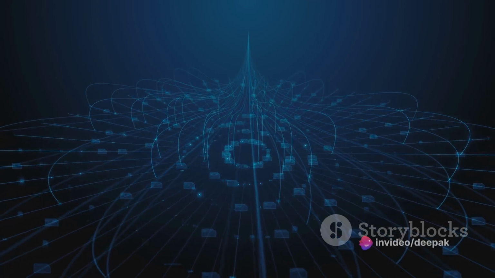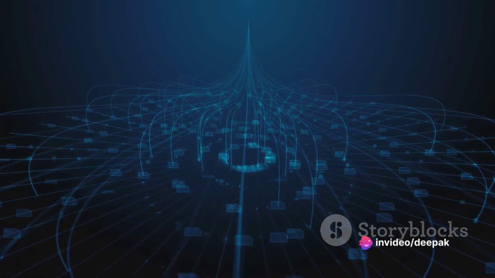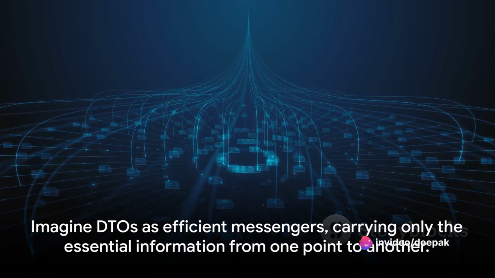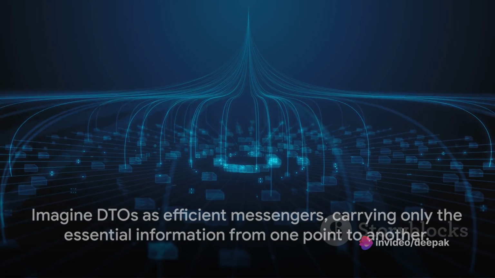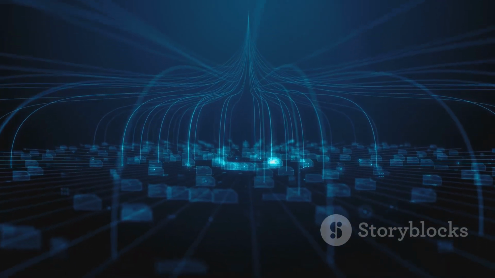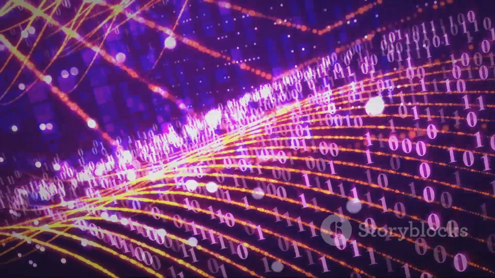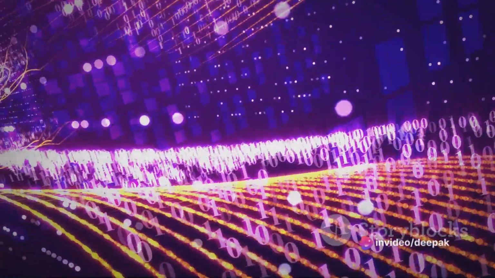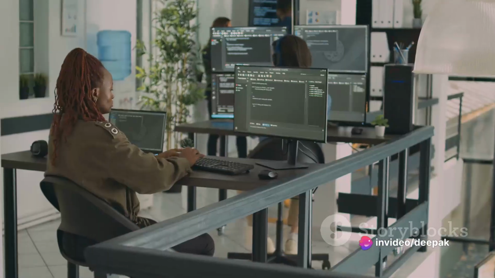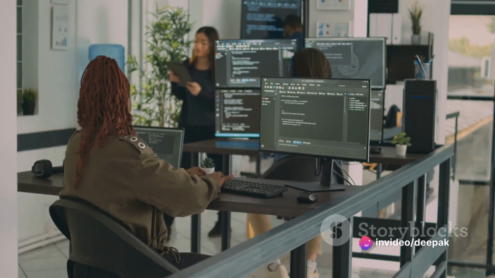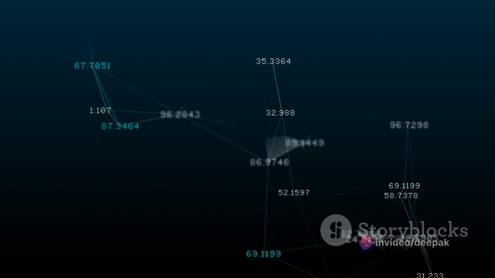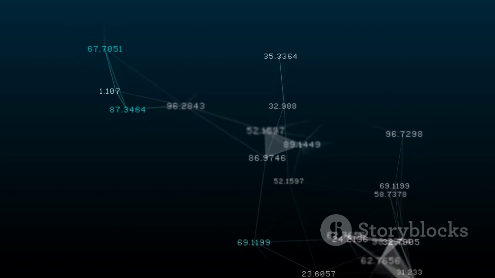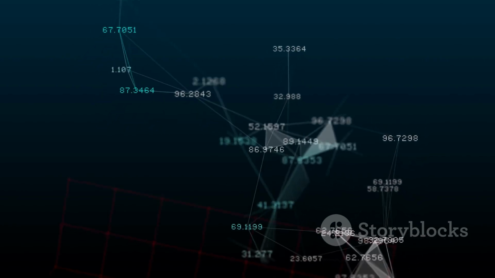They've earned the nickname lightweight because they're simple, streamlined, and efficient. Their main role? To transfer data between different layers or parts of an application. This is especially crucial when it comes to network calls. Imagine DTOs as efficient messengers, carrying only the essential information from one point to another. They don't carry any extra baggage like behavior or business logic. This makes them perfect for transmitting data over the network, reducing the amount of data that needs to be sent